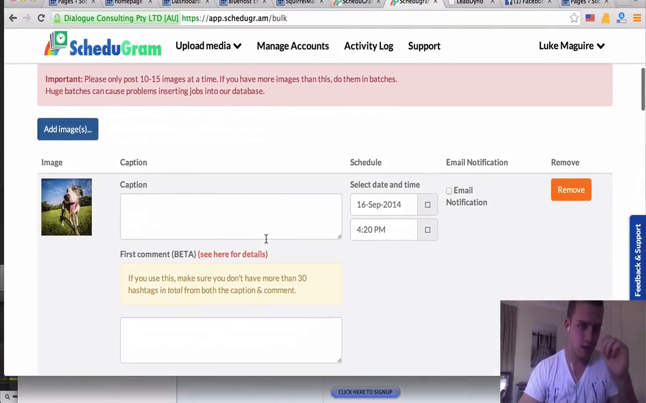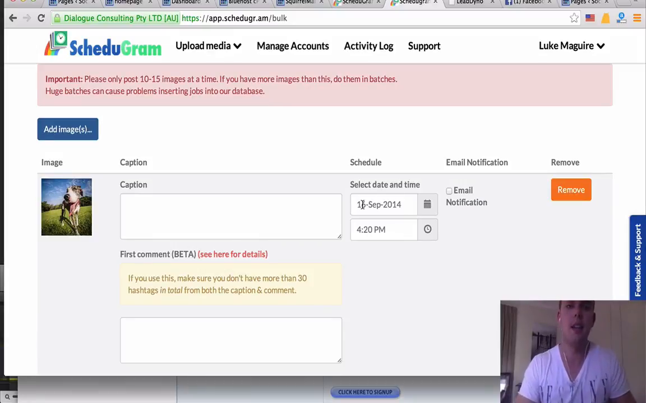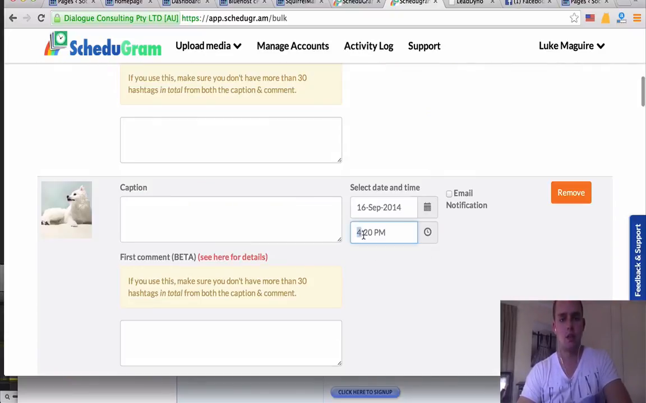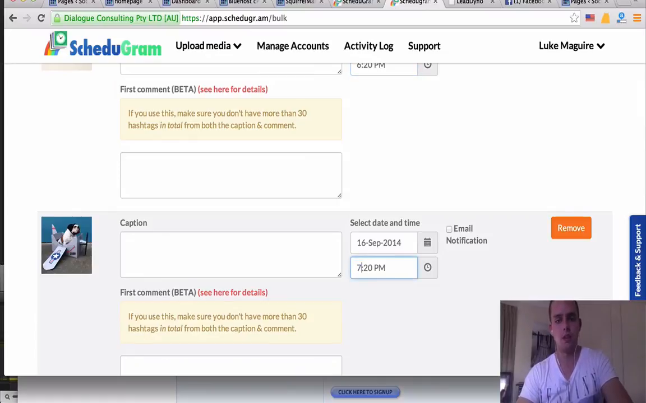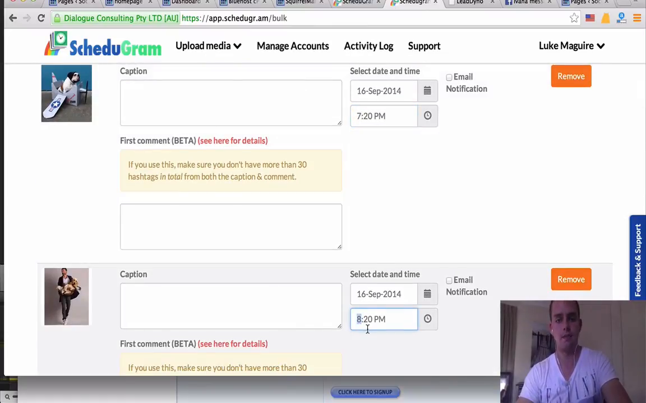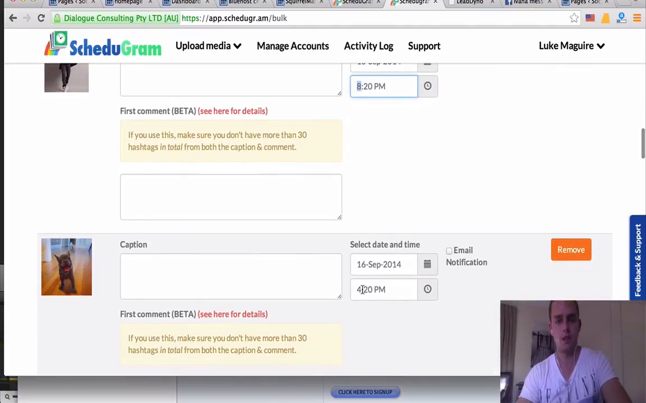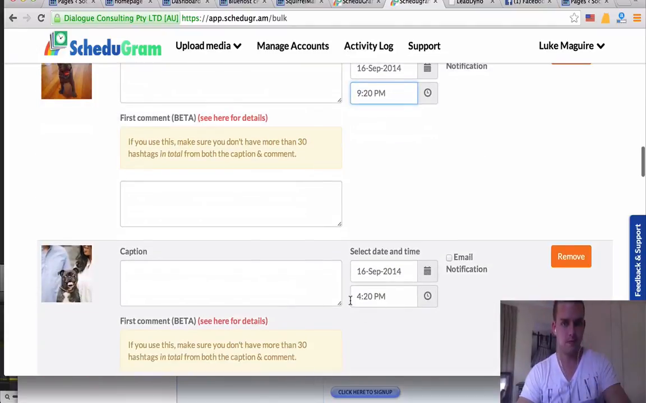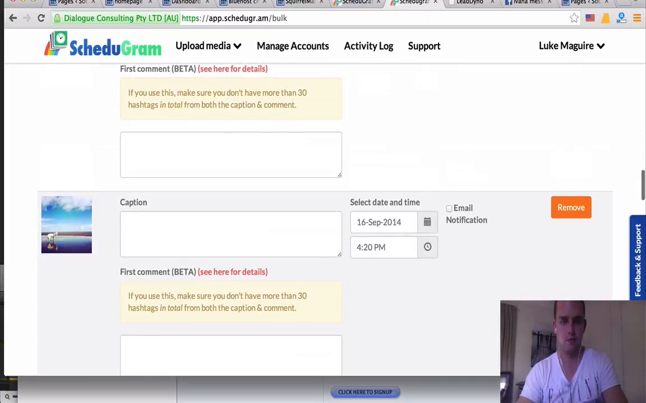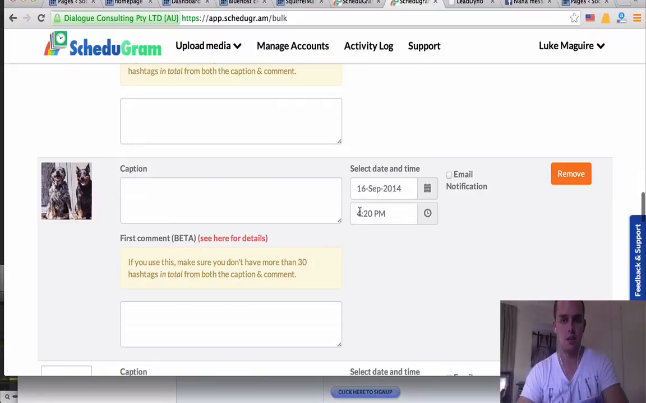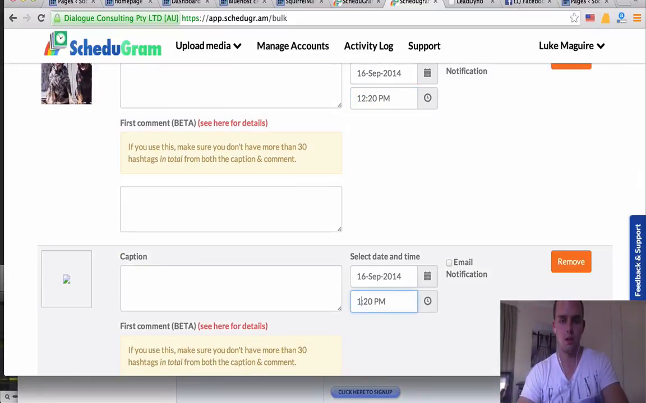And what we want to do here, today is the 16th of September. That's in Australian time. So what we want to do from there is have these go out regularly throughout the day. So as you can see, it's 4:17. They're saying at 4:20 this one will go out. Let's make it 5:20, 6:20, 7:20, 8, 9, 10, 11, 12, 13,